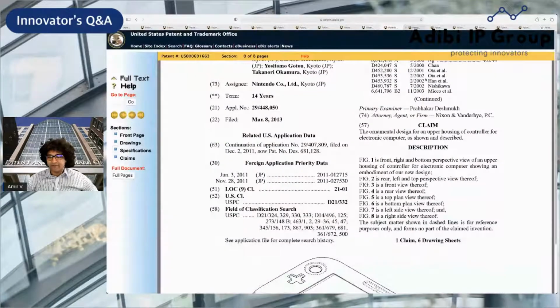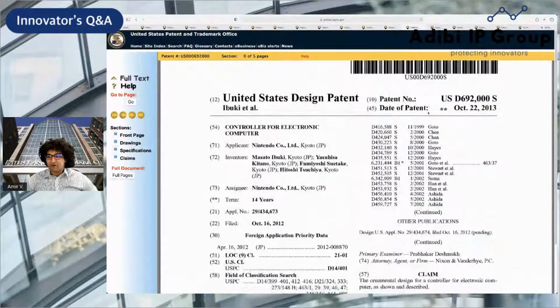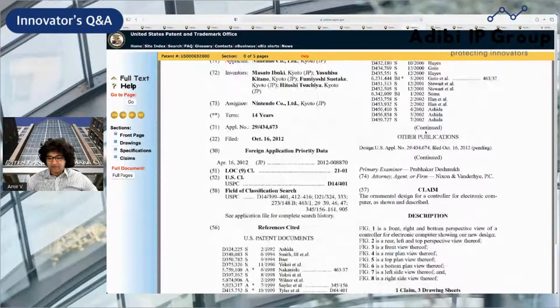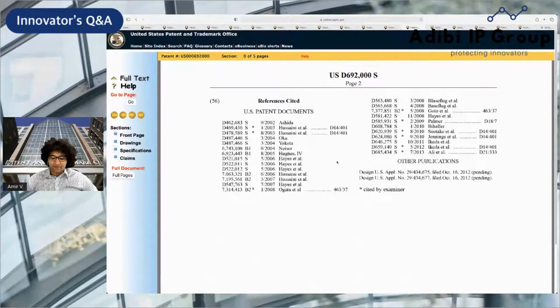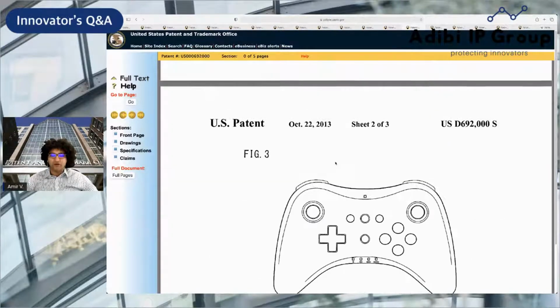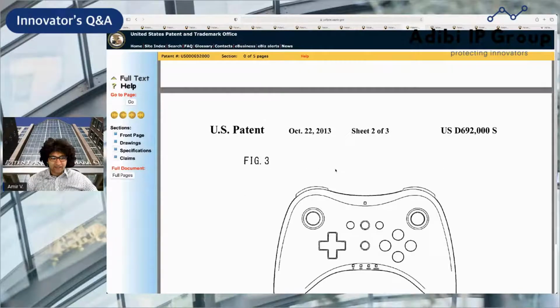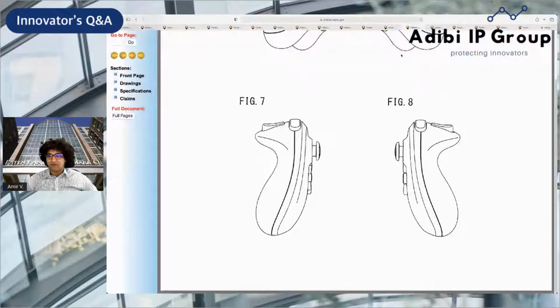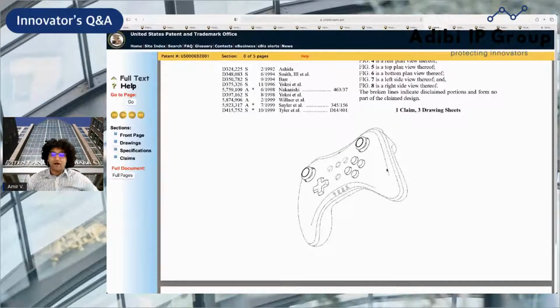Let's keep going forward in time. So this is another gaming controller, still in 2013. Another gaming controller right here. And again, they're covering the overall design of that game controller. Now, interesting, again, same thing that we were seeing before and that we've seen in a lot of Nintendo design